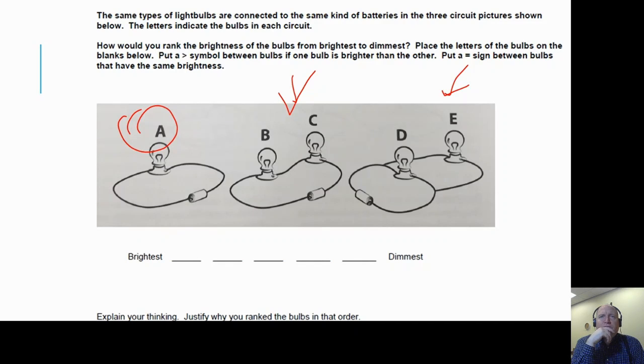And so from the previous slide, we know that parallel circuits, both bulbs will burn at their brightest. So I know that D is going to equal E, which is going to actually equal A. Just because there is one bulb over there doesn't mean it will burn any brighter than the 2 that are